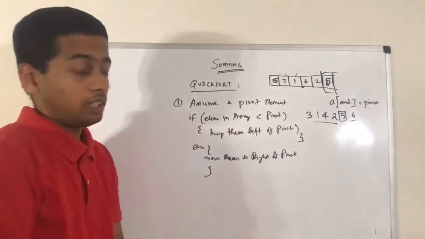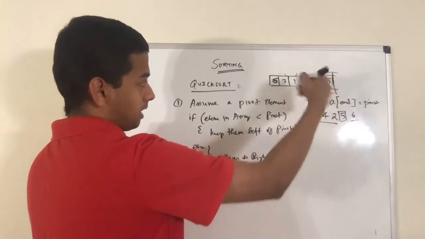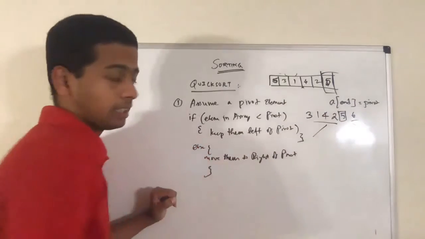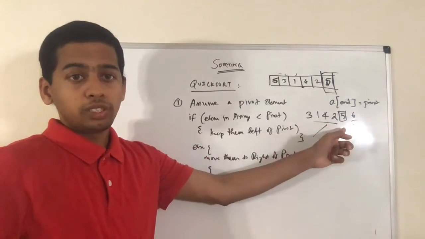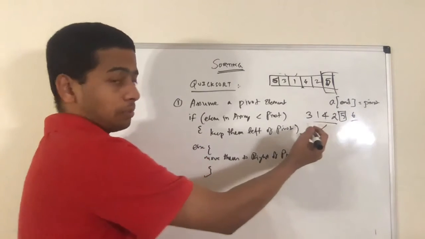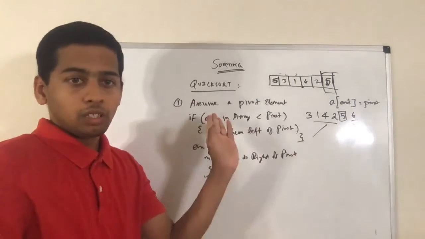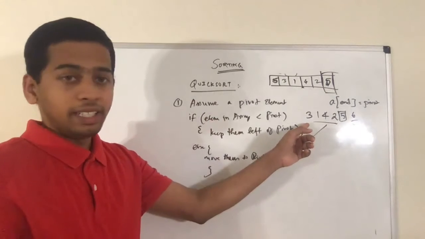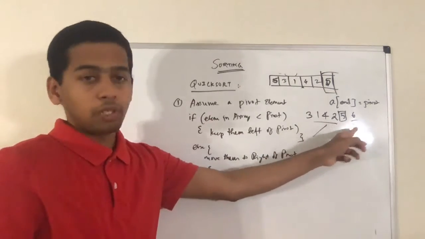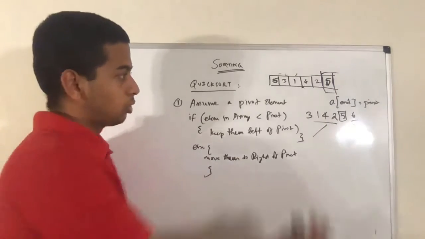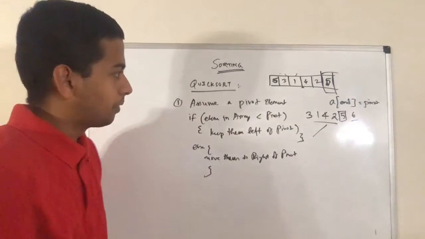So that's the step. Okay, after doing this, I'm going to call the same approach, basically the same logic, for the left array and right array. In this approach, I'm not creating a new array. I'm just going to use the start index and end index using the pivot element. So whatever is left of the pivot will be a new array. Whatever is right of the pivot will be another array in my quicksort logic. The index is going to be 0 to pivot minus 1 for one array. Pivot plus 1 all the way to the end is another array. Okay, so that way we are sorting only within that index. So at the end, everything will be sorted. Okay, hope you understood that part.